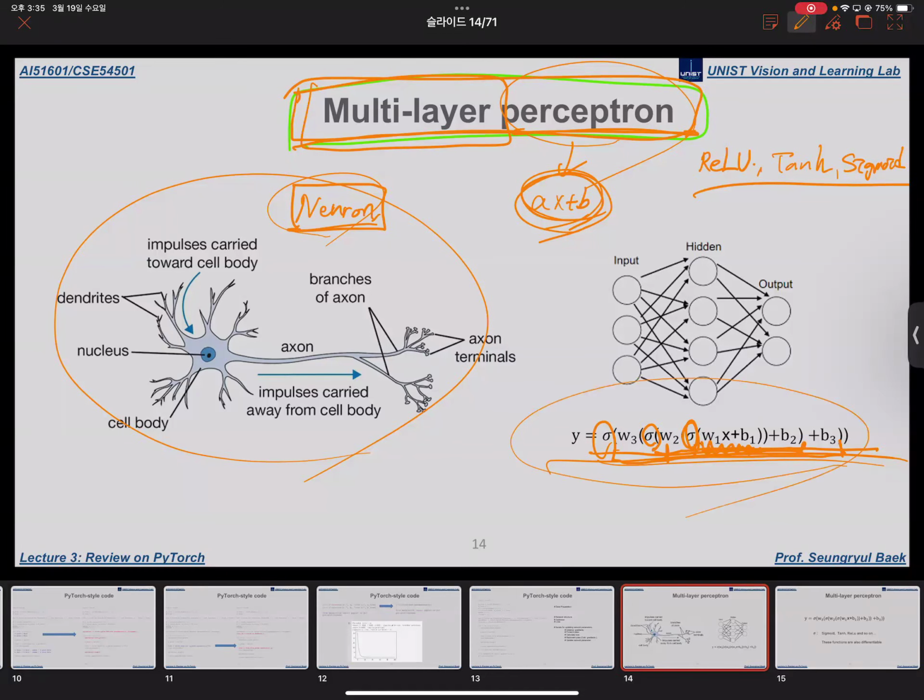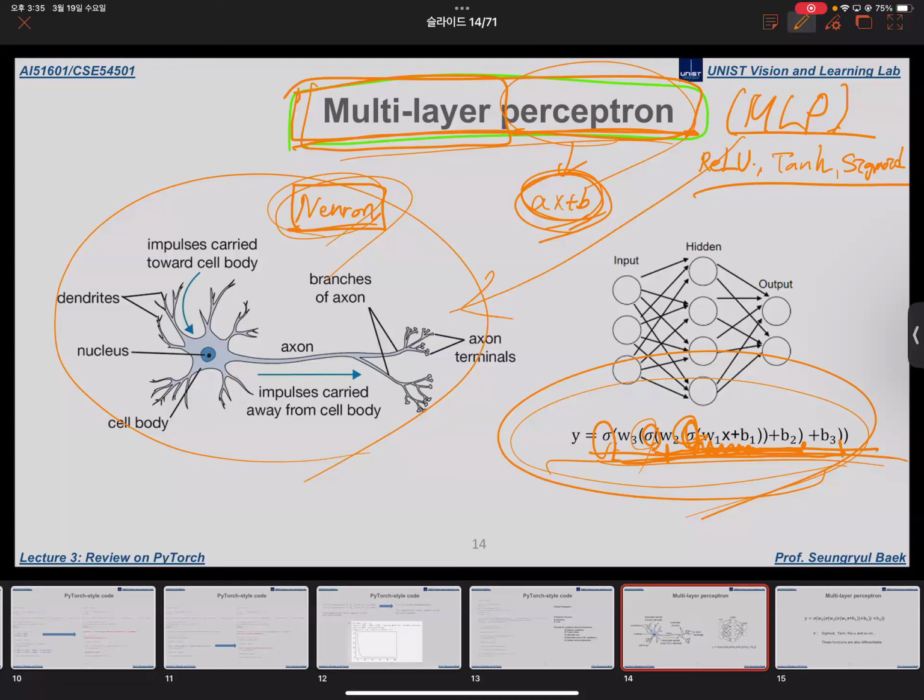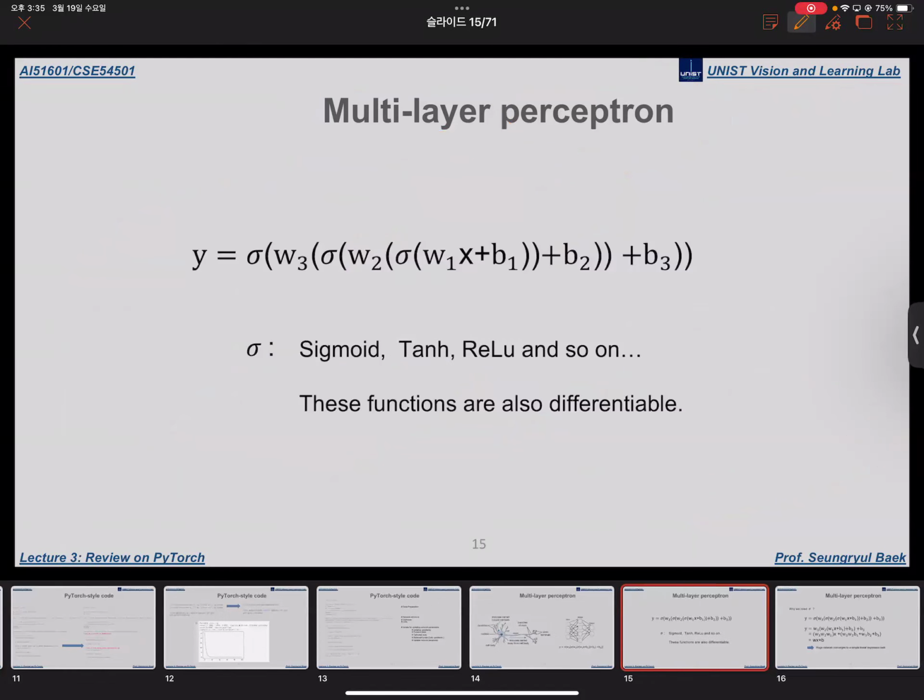And so it is this kind of formula that stacks multiple linear layers. I mean, the researchers think this is similar to our brain. Okay, they are composed of simple neurons, with some activation, this kind of nonlinear layers, to represent complex signals. Okay, so we call this the MLP, multi-layer perceptron. This is inspired from our brain, and